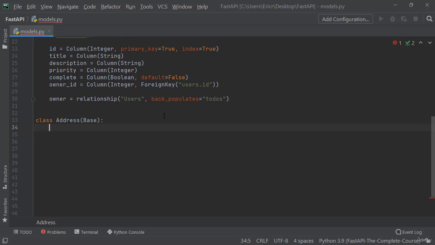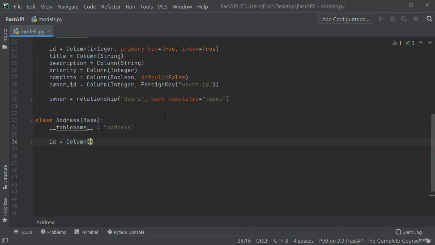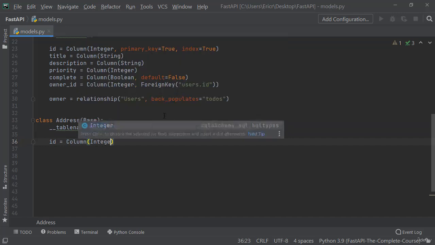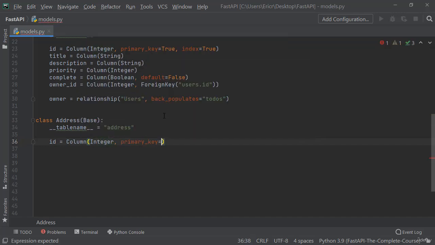And then underneath the class of address, we're going to say __tablename__ equals address. And then we're going to say id equals Column, and inside Column, we're going to say Integer, comma, primary_key equals True, comma, index equals True,